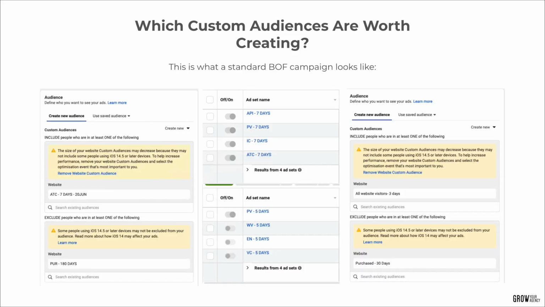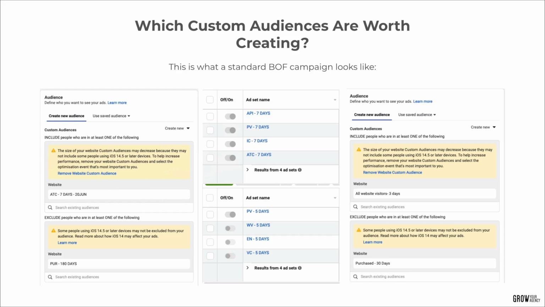Now here, what you're seeing is custom audiences that would fit into a more standard bottom of funnel campaign, okay? Now this strategy entails the creation of multiple short-term audiences like 7-day, 3-day, 14-day, and you retarget them for each step. So for example, you might only retarget initiate checkout of the past 3 days and exclude purchases. Now, obviously this has taken another step when it comes to complexity, as some people do this and then also